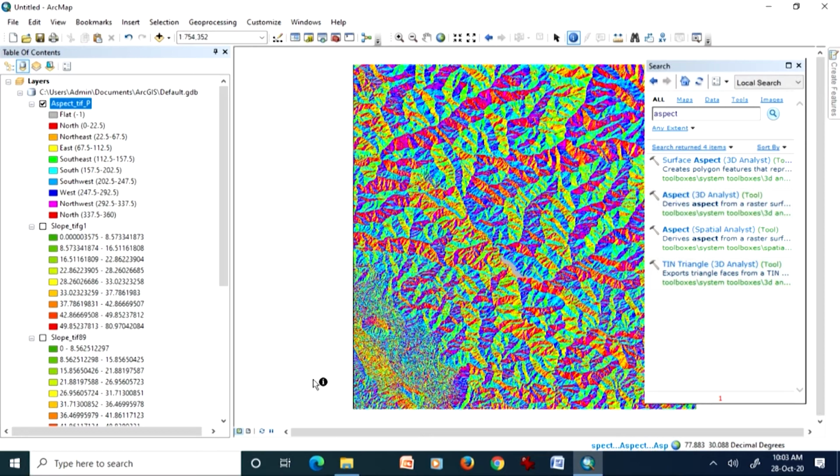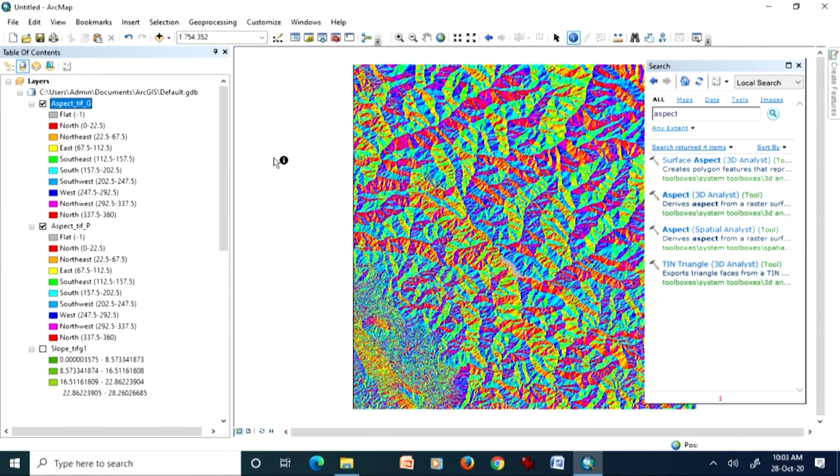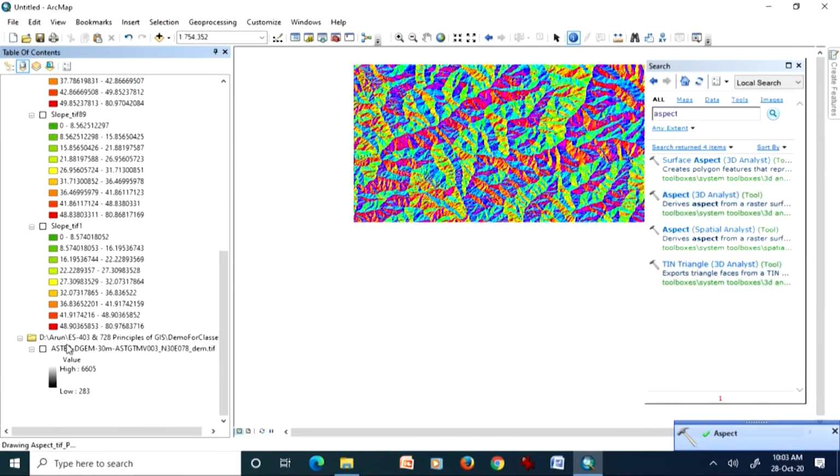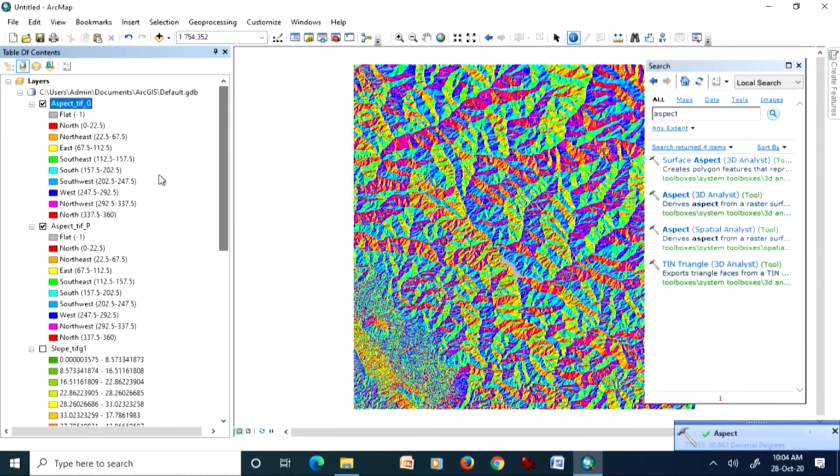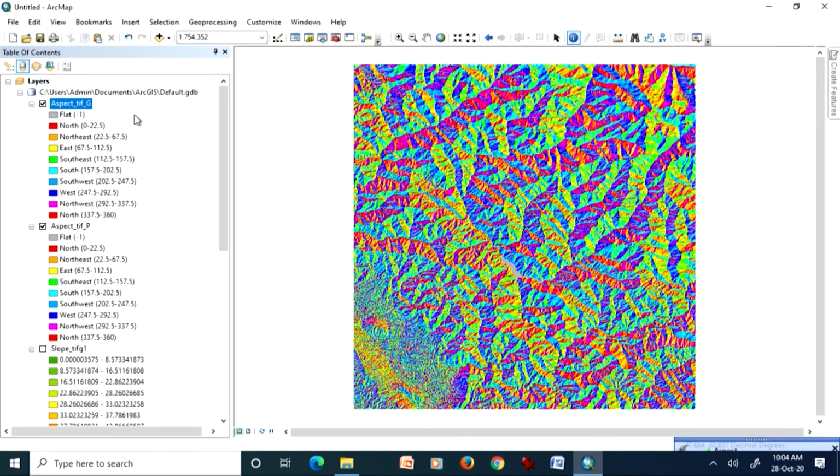Now it has created two aspect maps, and you can see very clearly that the top one we are currently seeing is based on the geodesic method, and this one is the planar method.